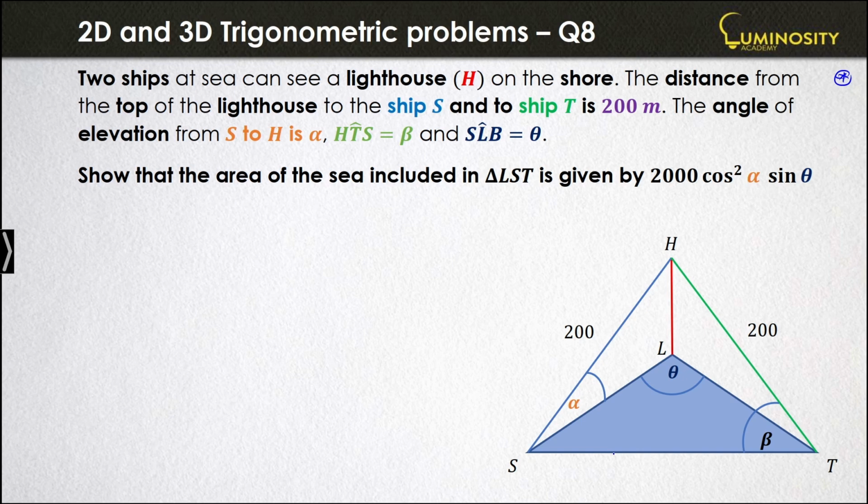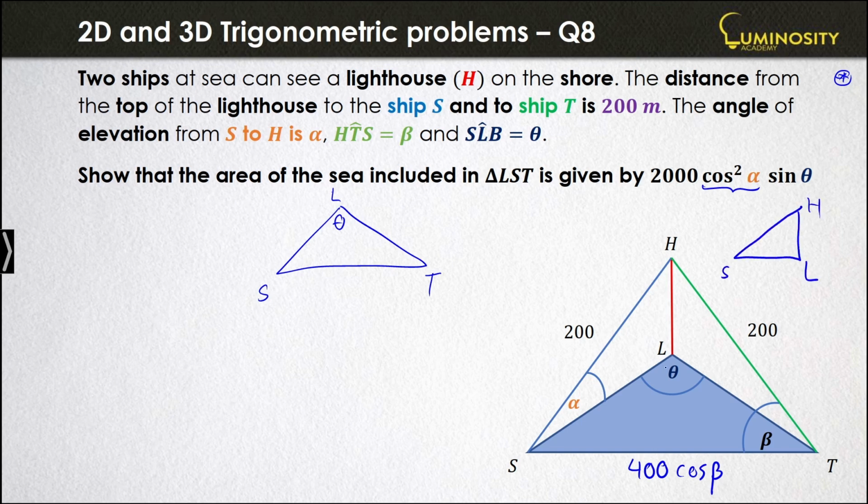Lastly, we want to show that the area of the sea included in triangle LST is given by 2000 times cos squared alpha times sine alpha. So first of all, from our previous one, we know that this length here is 400 cos beta, so that might be useful. Okay, so let's look at triangle LST. Now, we know that this result must have an alpha here somewhere, and alpha is only in this triangle here,